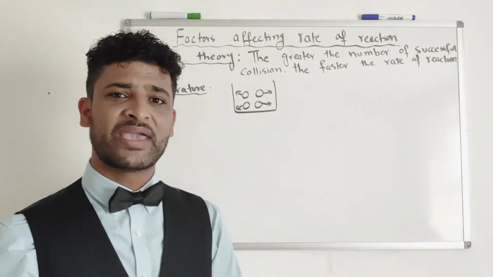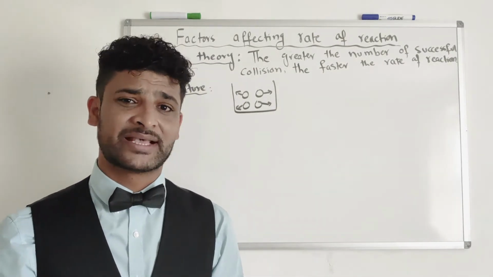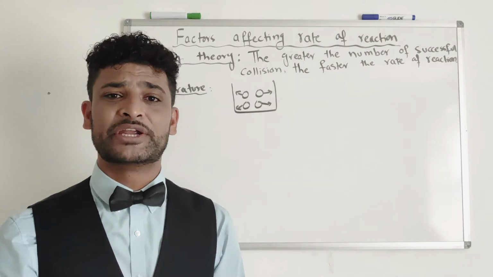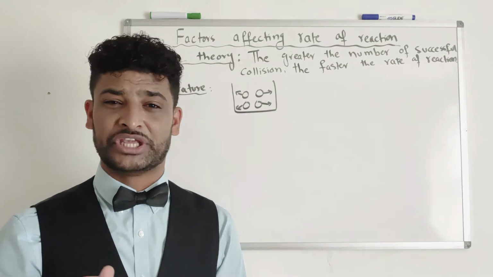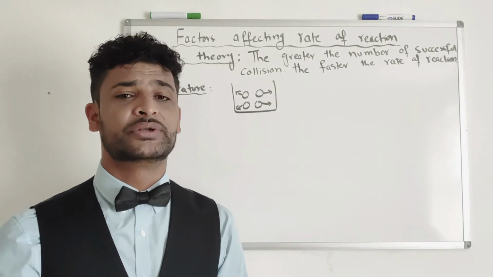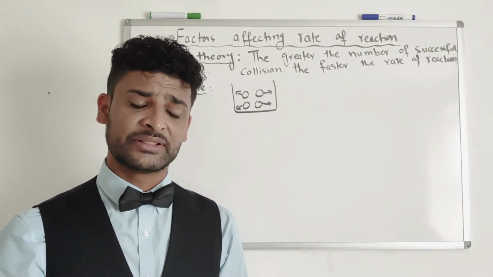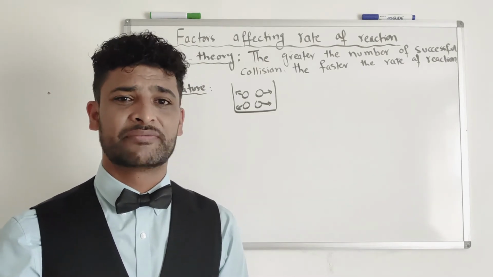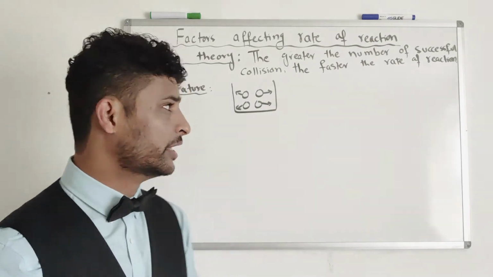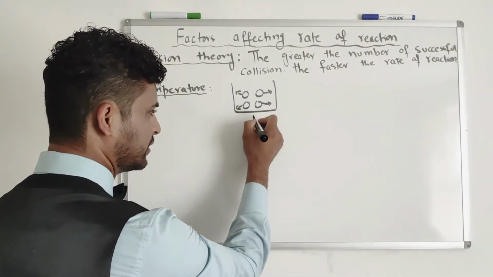For example, you have air. Air is actually a mixture of gases, and you've got oxygen and nitrogen in it. Nitrogen and oxygen particles are constantly colliding with each other, but they are not converting into nitrogen oxide. The reason is that they do not have enough energy to collide with each other and make a new product. So if you increase